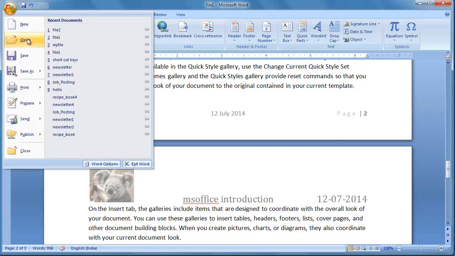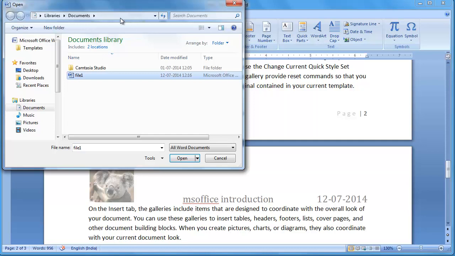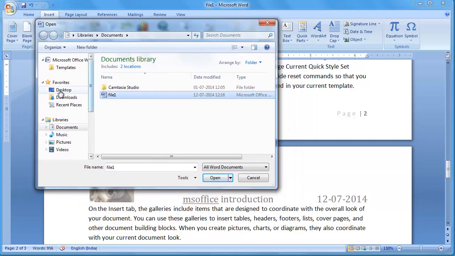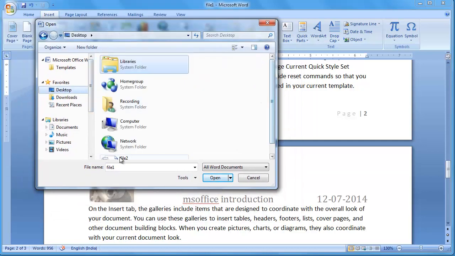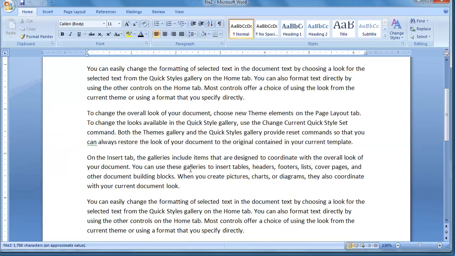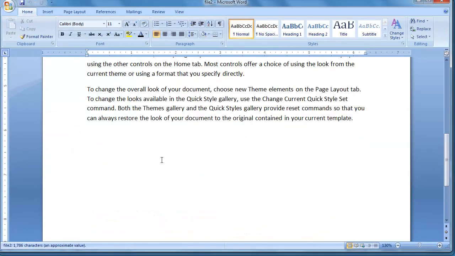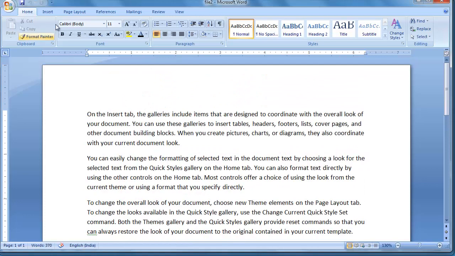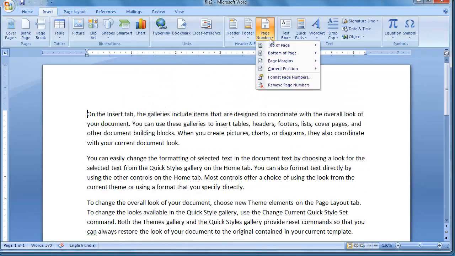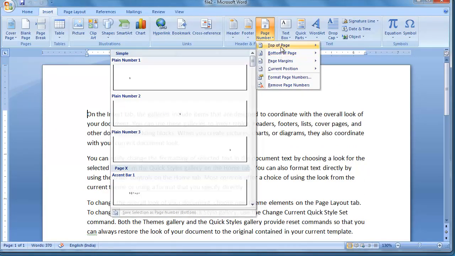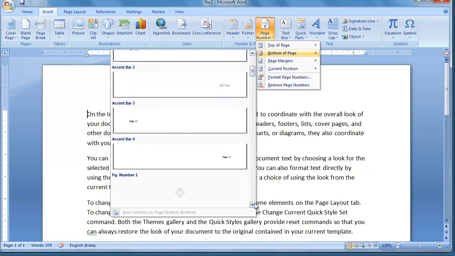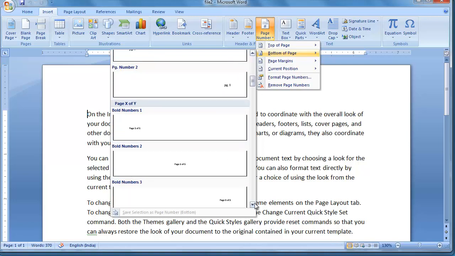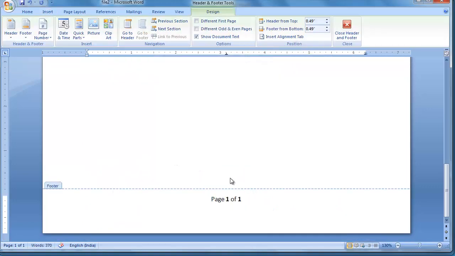If you take a plain file, like suppose I took file 2, and we want only page numbers at the bottom of each and every page, then go to insert and page number, and choose top or bottom of the page. There are different themes available. Whichever we want you can take. Suppose I selected page 1 of 1.